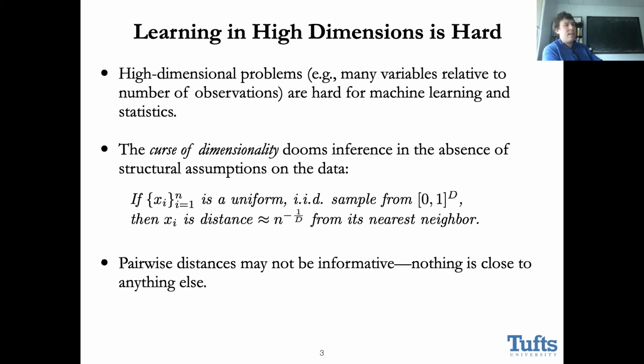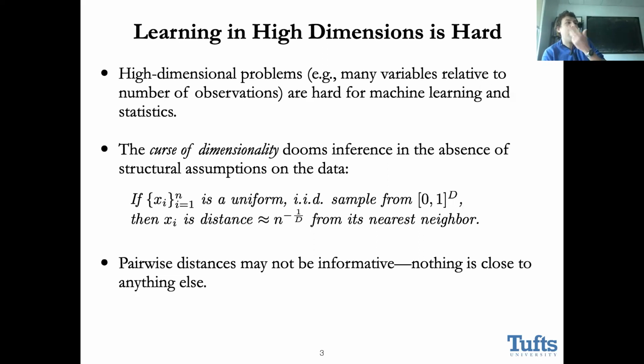So the context is statistical learning theory. We're thinking about the curse of dimensionality being an obstruction to certain learning problems. There are many ways to phrase this idea. The one that I think is most classical is that if you take uniform samples in high dimensions, let's say a high dimensional cube, then points are far from each other. So it's going to be difficult to make inferences without lots and lots of samples to drive these nearest neighbor distances close to zero.